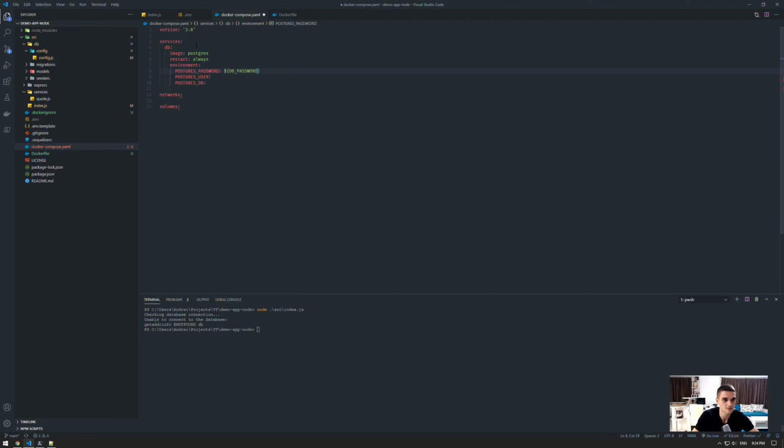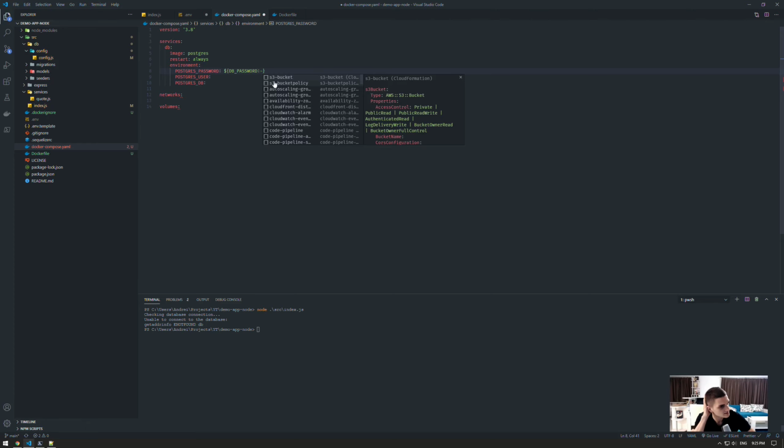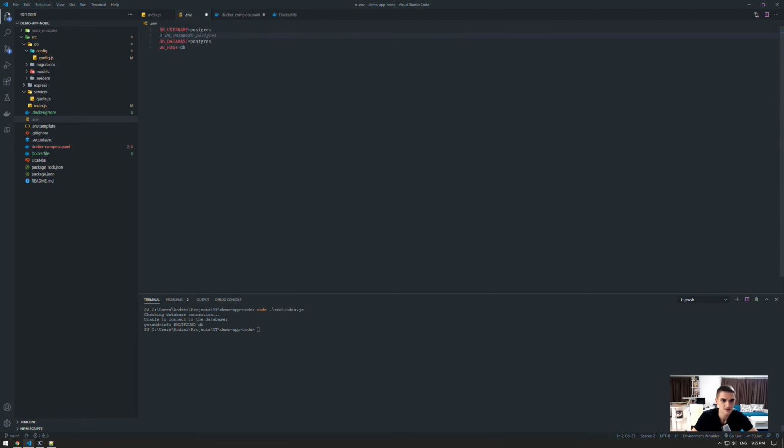Now maybe we don't have this, maybe this is missing. We can also define a default value, and we do it like this, using those two characters. By the way, it should also work with this. The difference is if we do it like this, it uses the default value even if the db password is empty. So it is defined but with an empty string,